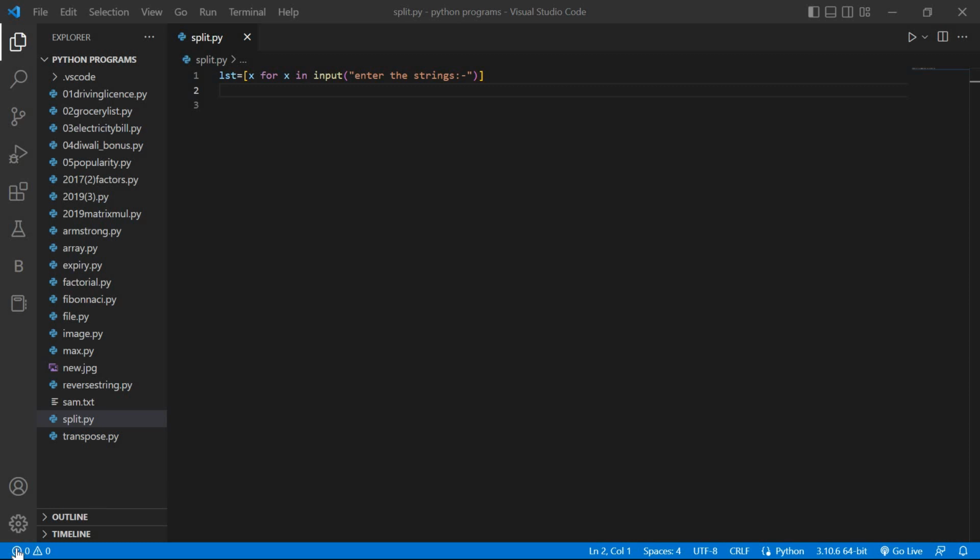So moving further in our Python playlist, today we are gonna use the split method. First of all, I've created a new file, split.py, and here I'm gonna input the list from the user, and here I have used the concept of list comprehension. First the variable, then for loop and input. This is the static message, enter the strings. So in this line, I'm going to use the split method like this, dot split